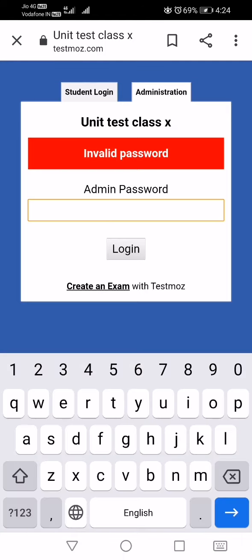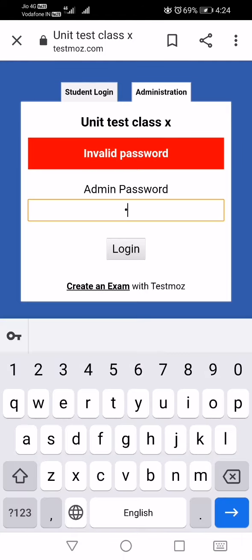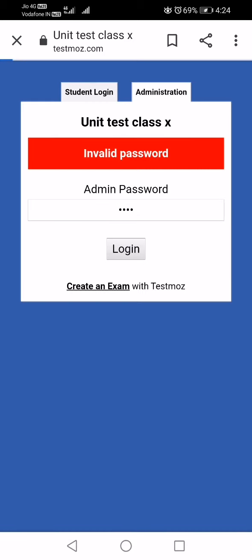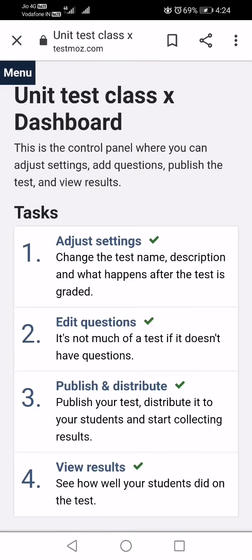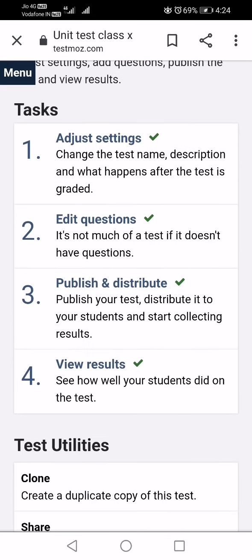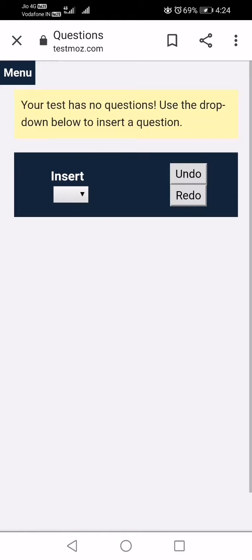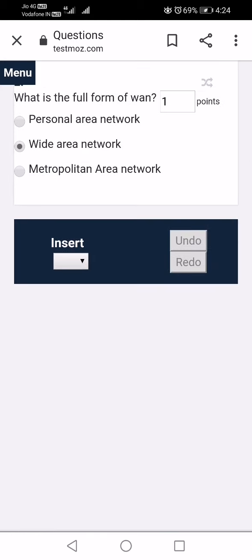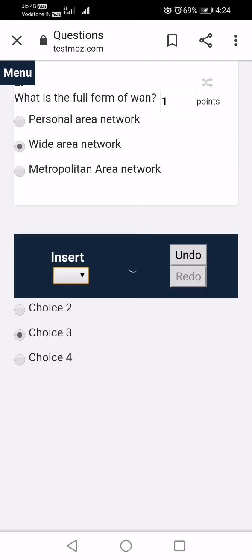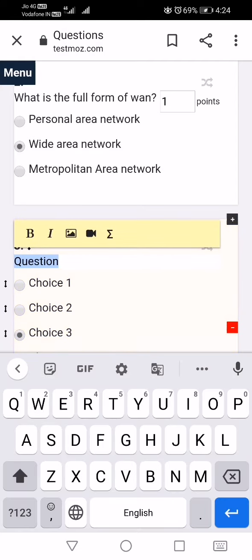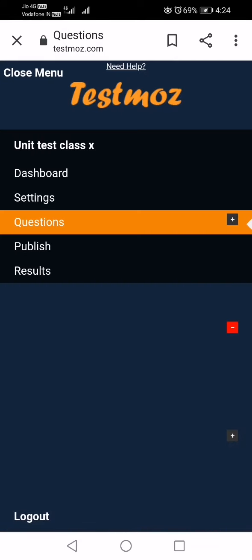Sorry, it's an invalid admin password, 1 2 3. Okay, now you can go back to your settings, Adjust Settings, Edit Settings. If you want to edit more questions, you can click here and enter any questions. Okay, now menu.